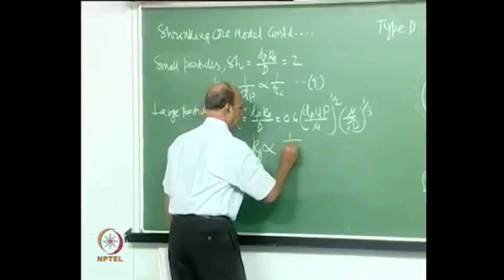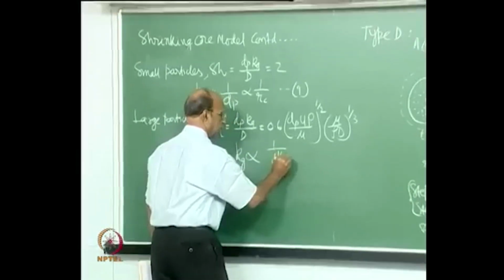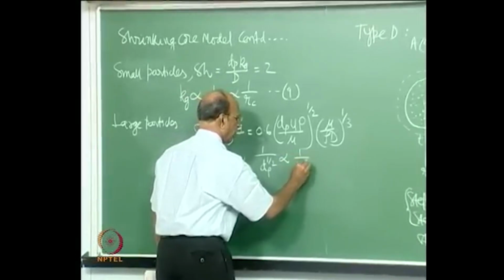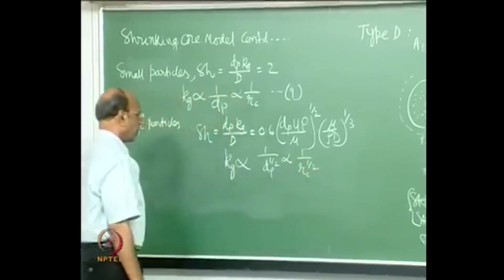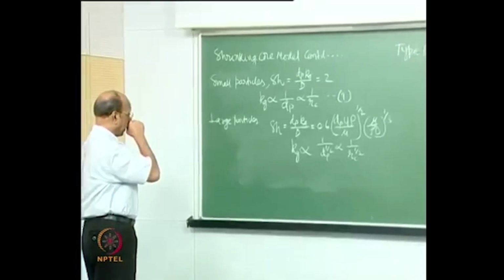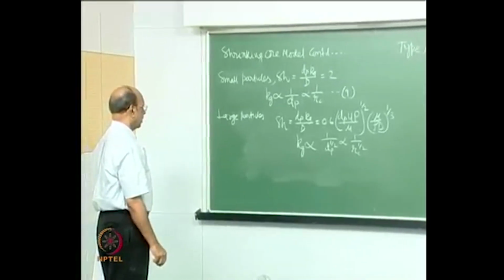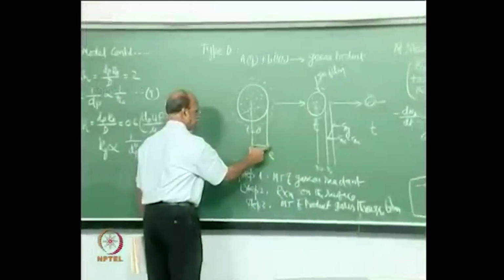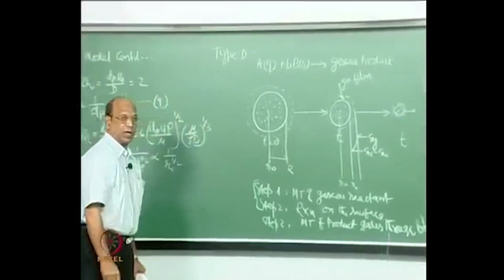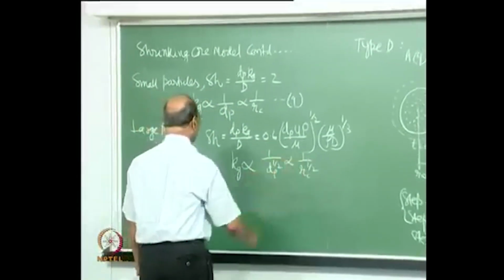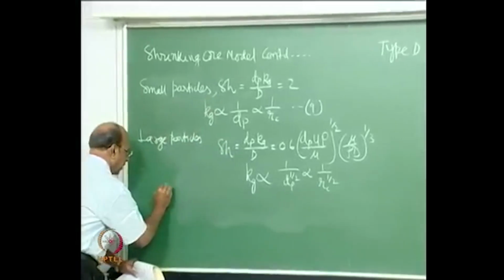Yeah, this is 1 by dp to the power of half, correct? Yeah, also proportional to 1 by rc to the power of half. Good. So, if initially our radius is equal to capital R, then in both the cases initially